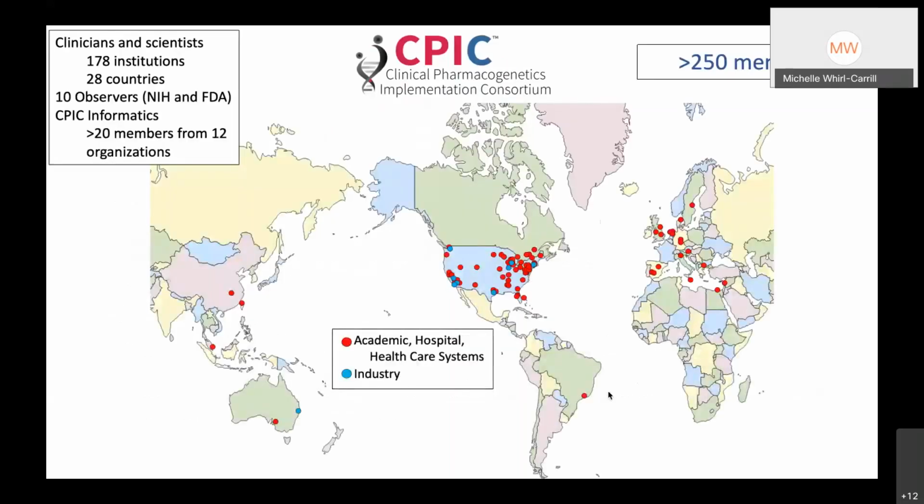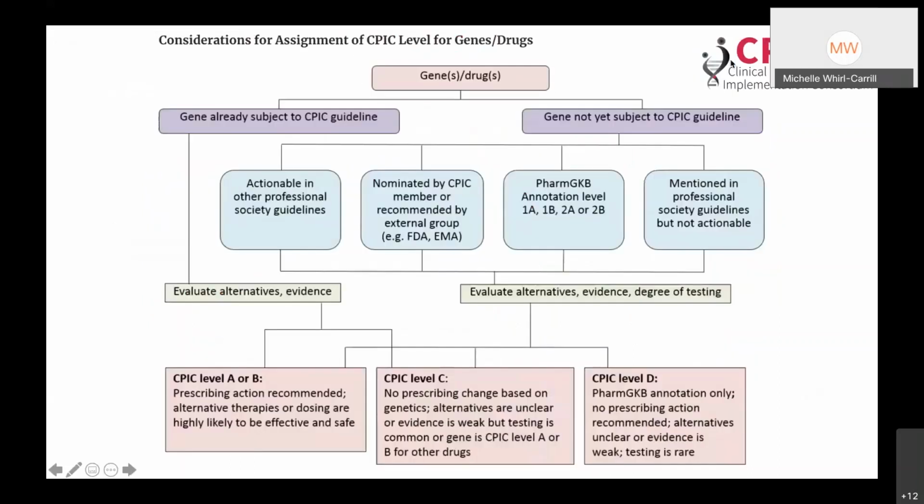CPIC is a global consortium. We have members from all around the world. It's way larger than 250 members now. That was a year or so ago that we hit that number and passed it. So CPIC prioritizes which gene pairs get a guideline created by going